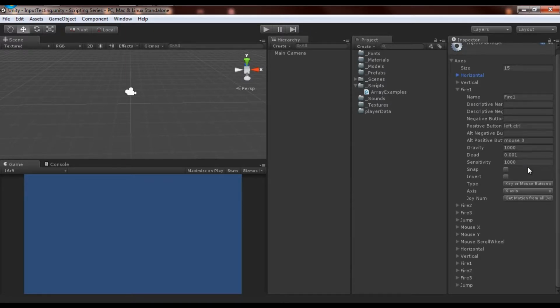It has the same dead zone as before because a mouse button shouldn't really require a dead zone. It's either a yes or a no. It's kind of like a Boolean. It's either down or it's not. It's not like